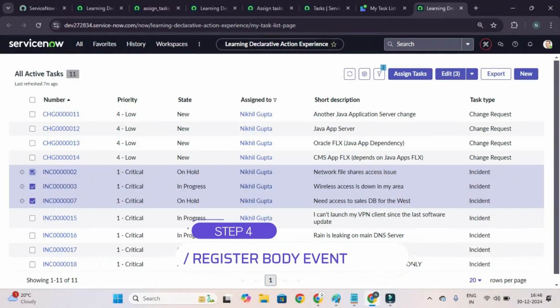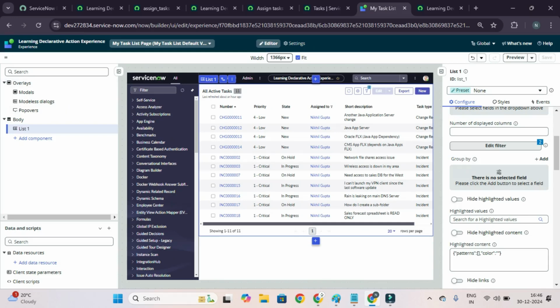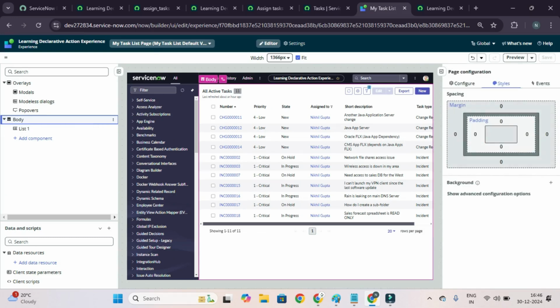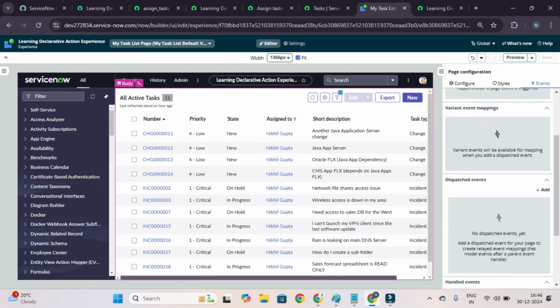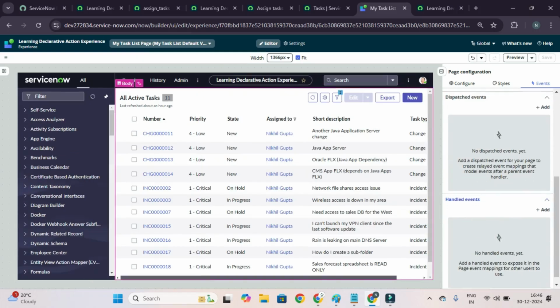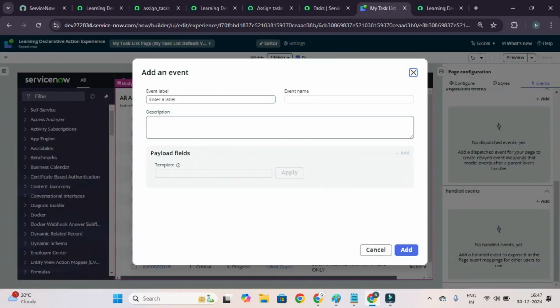To register the body event so that we can map it with our declarative action, I will go to the UI Builder editor, and for the body I will register the event. To register the new event, scroll down below, you will see handled events, click on that, and